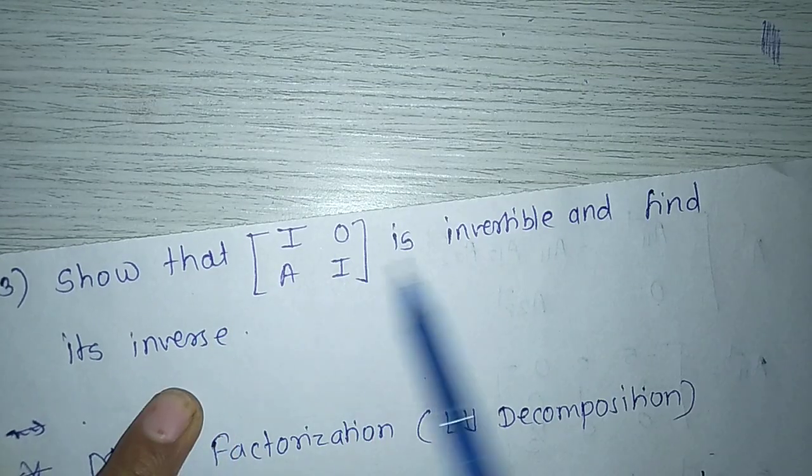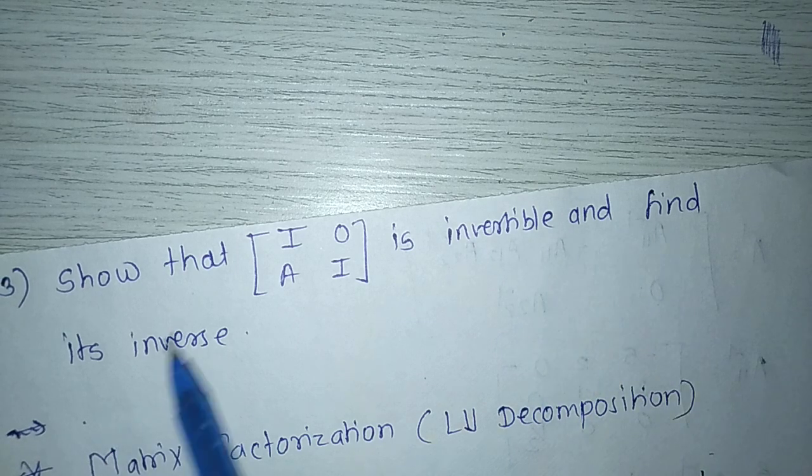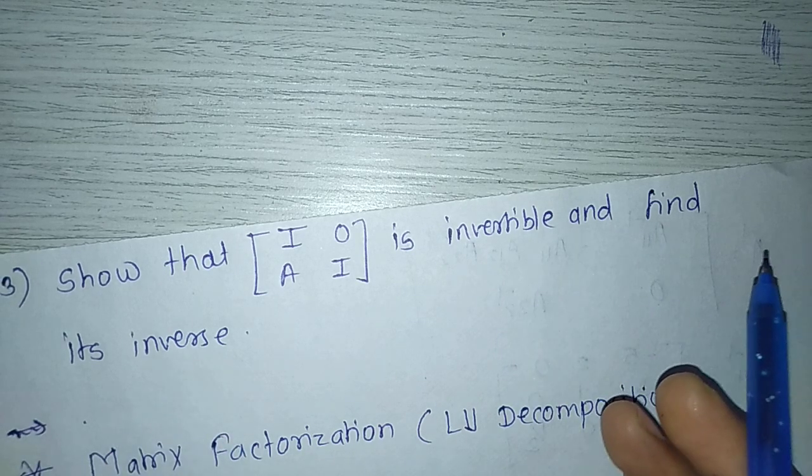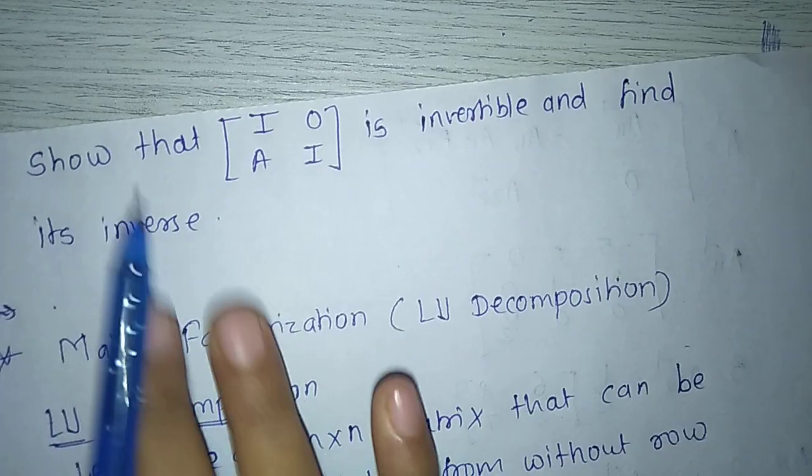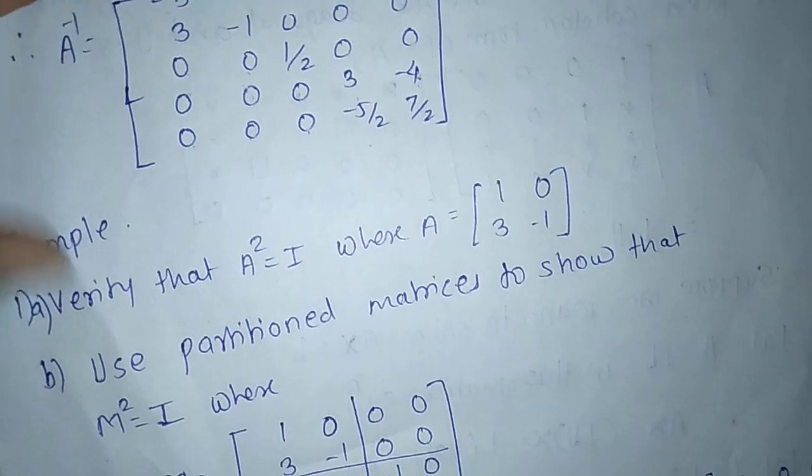And next example, show that I 0 A I is invertible and find its inverse. These three examples are nothing but your exercise. Next point is